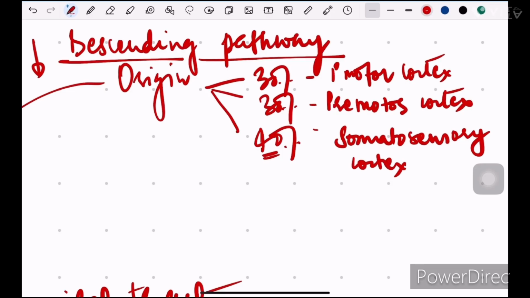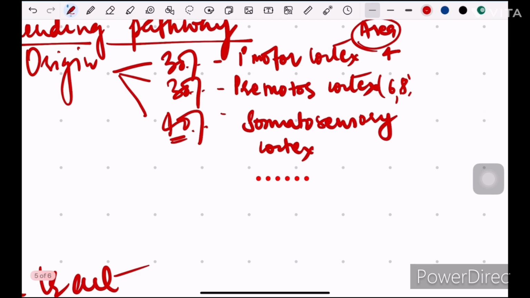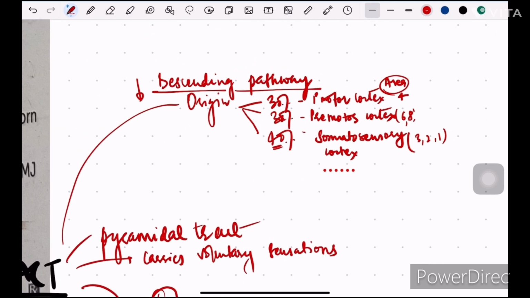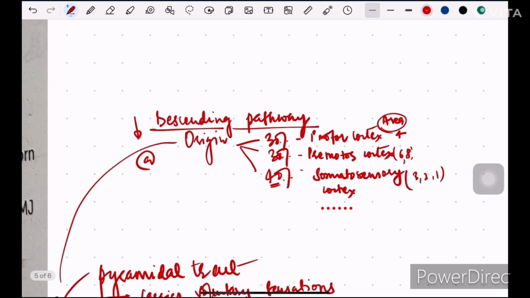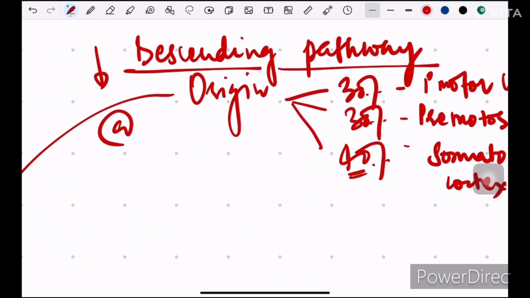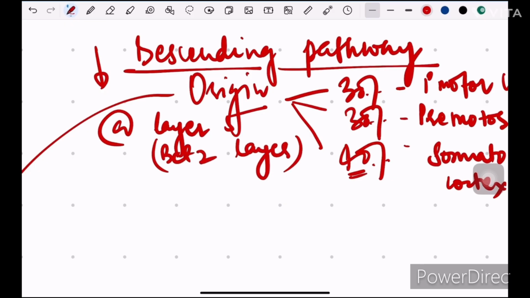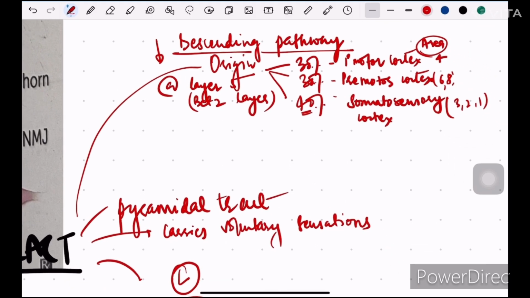These are all Brodmann's areas. We'll talk about Brodmann's area in another video. Primary motor cortex is area number 4, area number 6 and 8 is the premotor cortex, and area number 3, 2 and 1 is the somatosensory cortex. When you see the different layers of cells in your cortex, they originate from layer number 5, which is also called Betz layer. And they originate from these different areas, and then what happens,